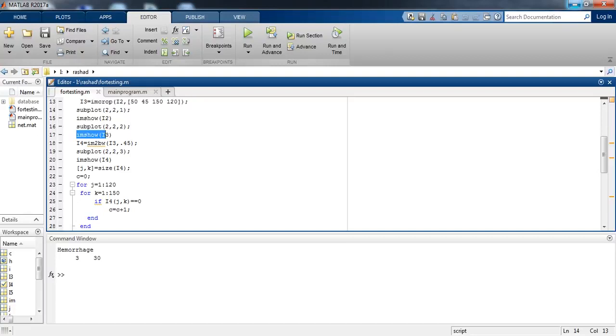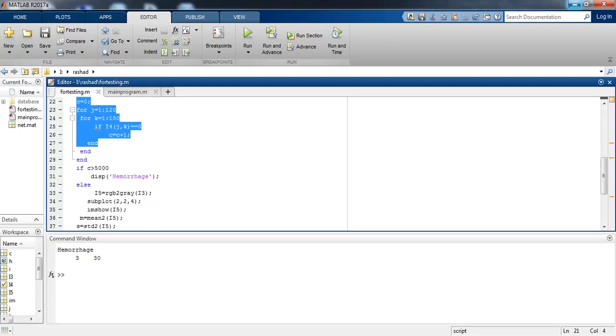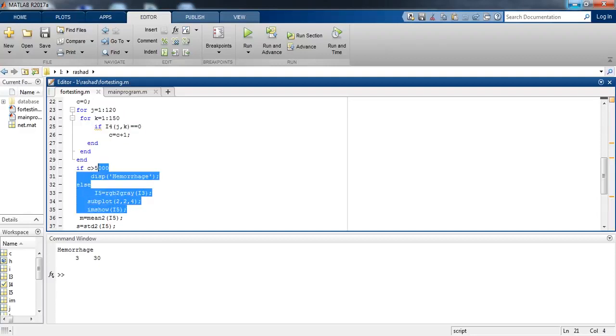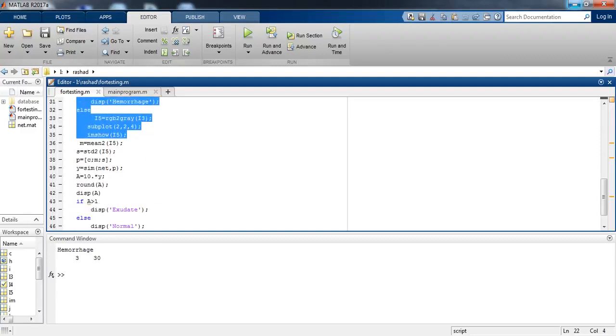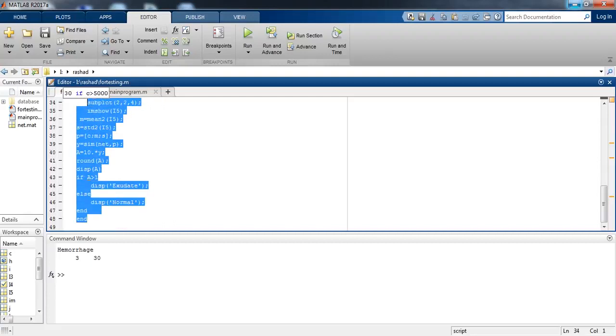Then we are showing multiple images in a single window by using the subplot function, displaying the figures by using the imshow function, and converting it into a binary image by using the im2bw function. Then showing it, calculating the hemorrhage and displaying the hemorrhage. I have already told you about the hemorrhage and exudate, and displaying the exudate. That's how the code was implemented.